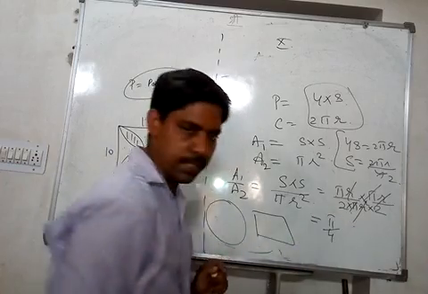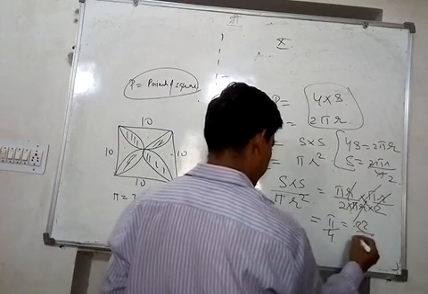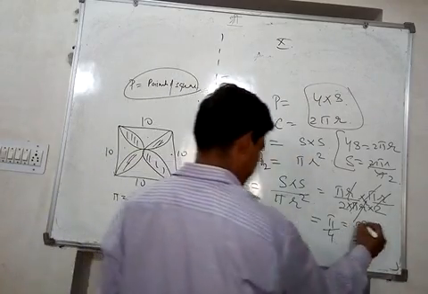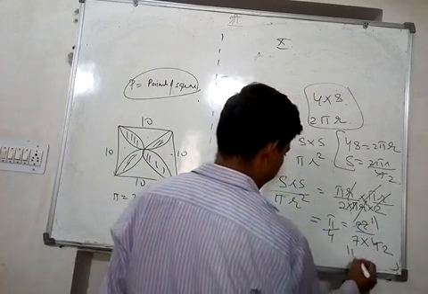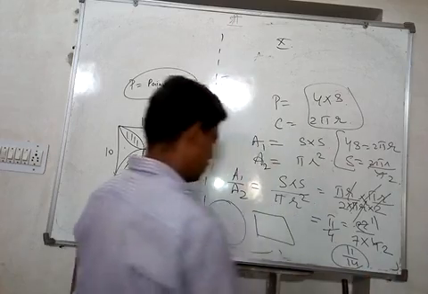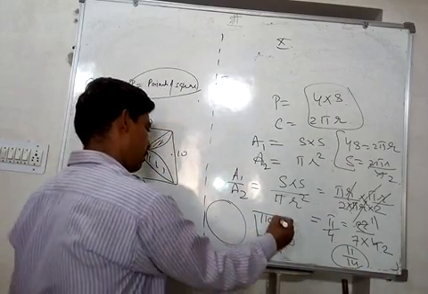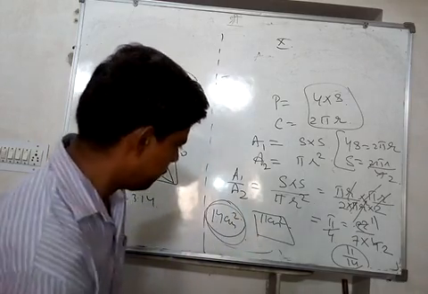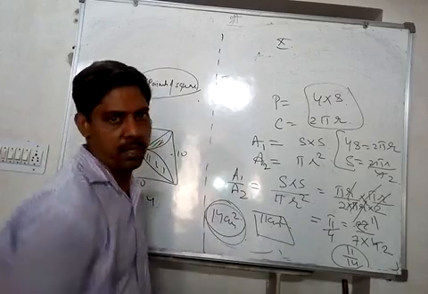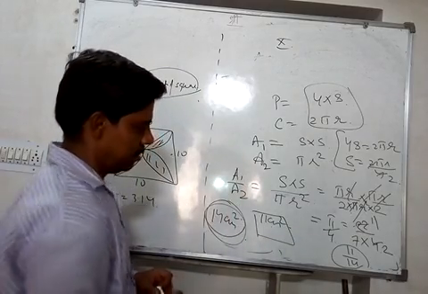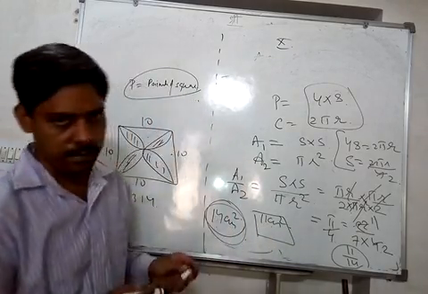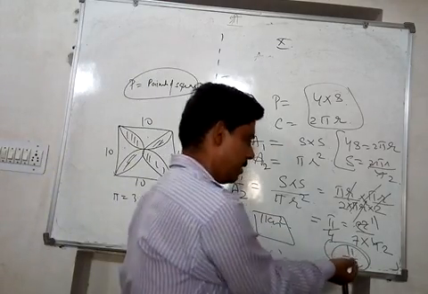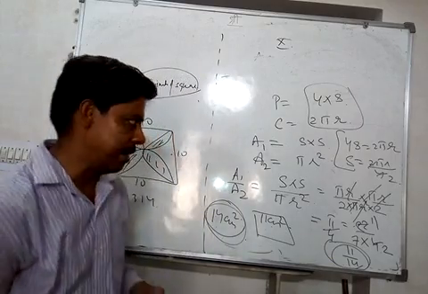We can write pi as 22 by 7 approximately. So this will be 4 and you can cancel this. You will be getting 11 upon 14. So this is 11 centimeter square approximately, then this is 14 centimeter square. If it is 11, then this is 14. That is their ratio. It could be 22, then this is 28, right? This will be the ratio. So it will be how many times? 2 times, it is 22 and 2 times is 28.